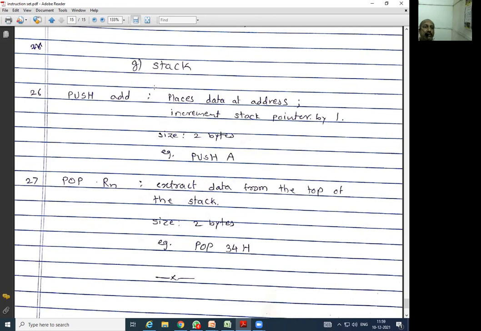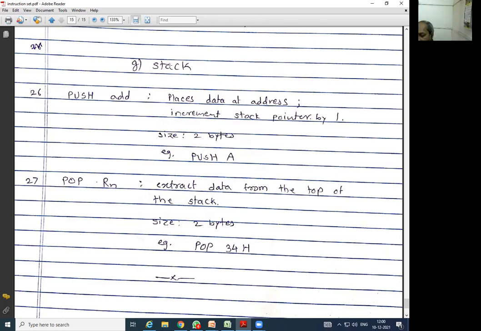Then the last one, that is related to stack. So what is stack, that we have seen during this particular study of interrupt. How this program counter is storing temporarily the address locations, where it has to go, from where it has to come back to the main program and all that. And for that the two instructions are dedicated, that is push and pop. Push address म्हणजे जो आताचा प्रोग्राम काउंटर आहे तो त्या पर्टिक्युलर ऍड्रेसवर जाऊन स्टोअर कर, दॅट इज पुश इन द स्टॅक. आणि पॉप मीन्स जस्ट अपोजिट, टेक फ्रॉम द दिस पर्टिक्युलर स्टॅक.